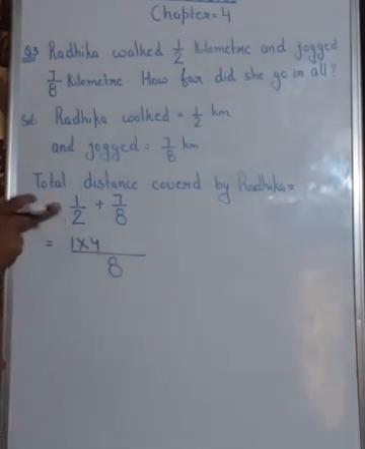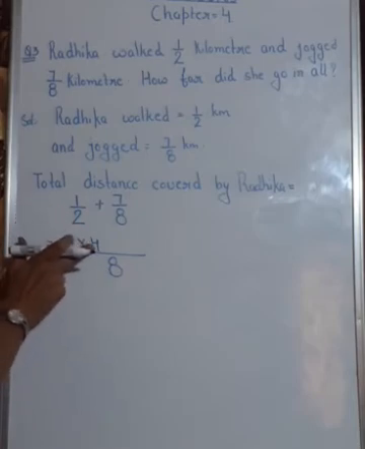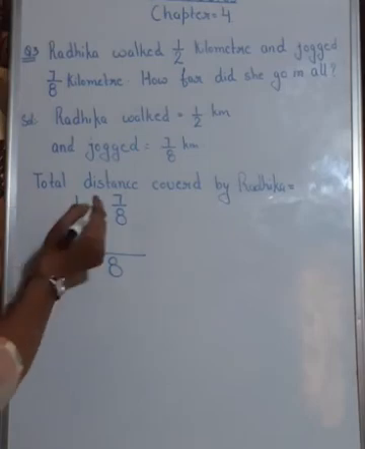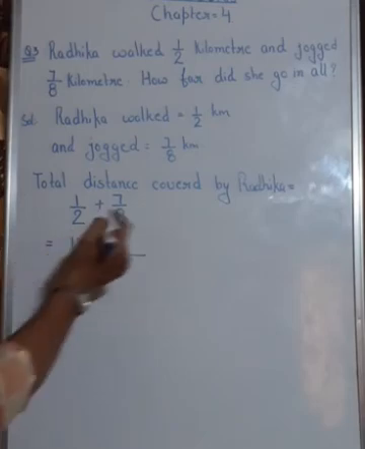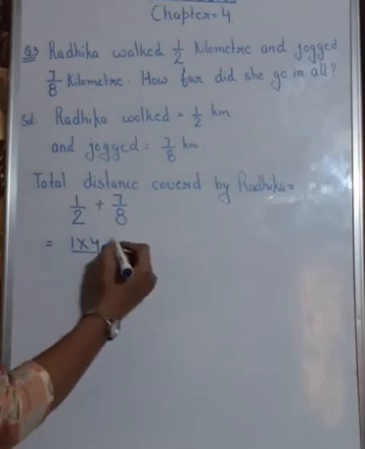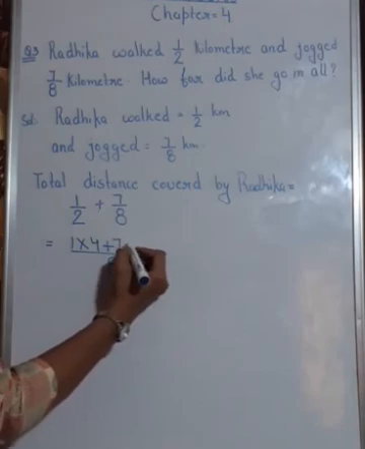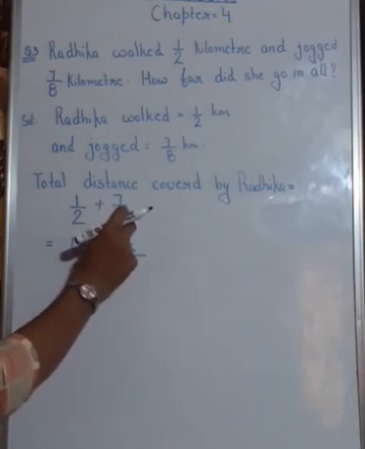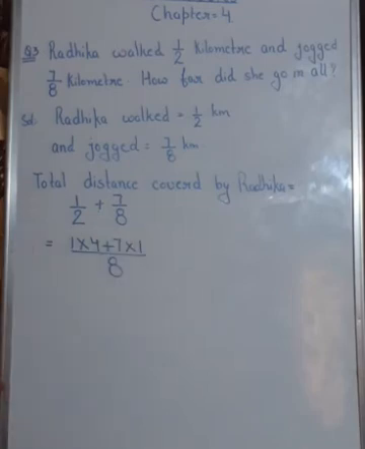Done with this fraction. First you write the numerator, then put a multiplication sign, then find in the 2 table how many times 8 goes. 2 4s are 8, so I have written a 4 over here. Now next we are having plus, so put a plus sign here. Now come to this fraction. Same as we have done in the first one, you will write the numerator as it is. What is the numerator over here? 7. So I have written 7 as it is. Then multiply. Now in the 8 table, how many times does 8 go? 1 time. So multiply it by 1.